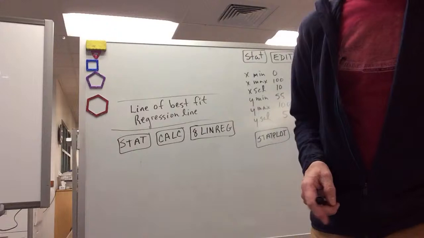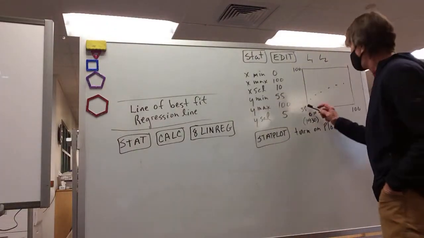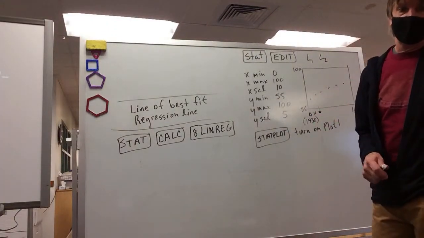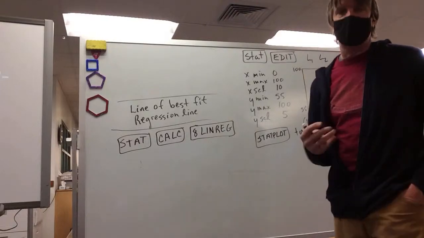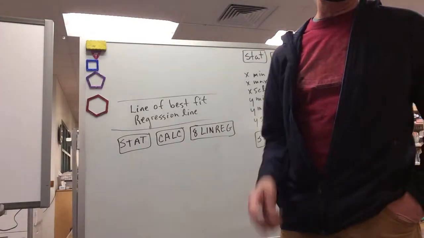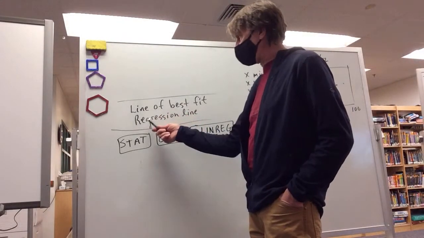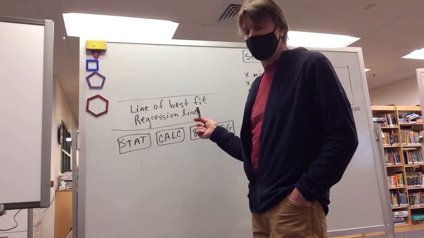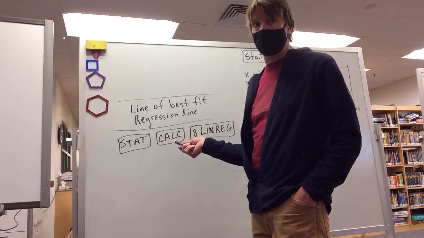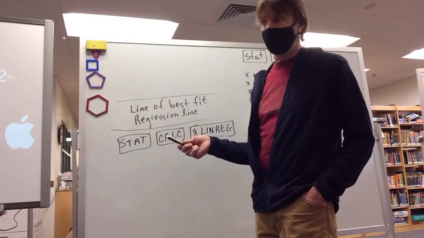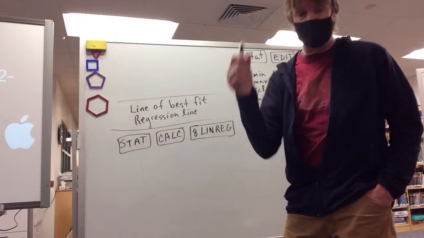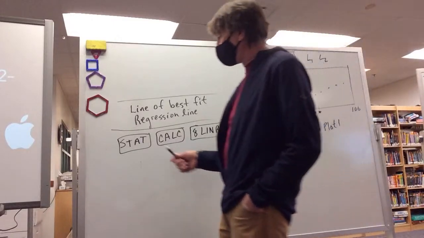All right, now that's a scatter plot. And what you need to be able to do is have a fitted line that goes through that. But you're not going to do that by hand. You're going to let the graphing calculator do the work, and that's called a regression. So creating a line of best fit by creating a regression line or doing a linear regression, linear for a linear function because this is a function that gives you a straight line. These are the steps that you go through. You go to stat